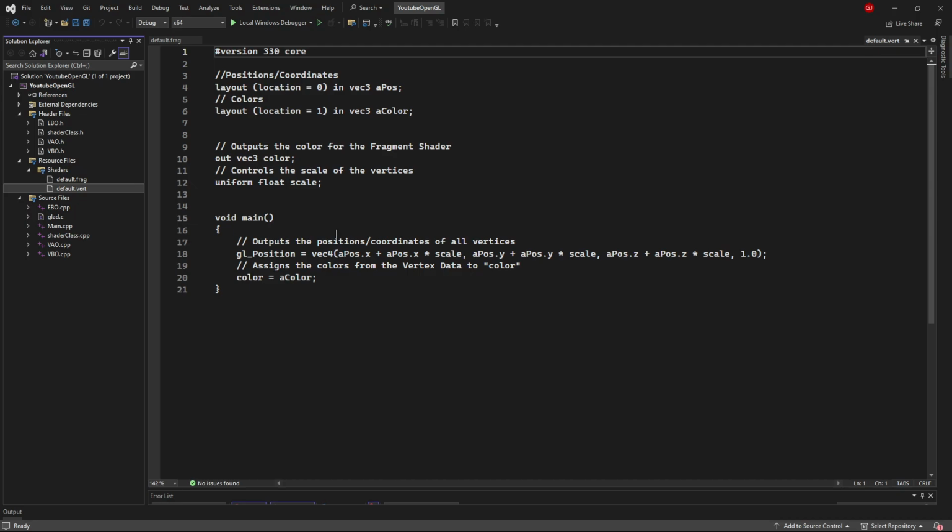The second method makes use of uniforms. Uniforms are sort of like universal variables that can be accessed by other shaders, and can even be accessed from within the main function of the program with the use of VAO. And let's